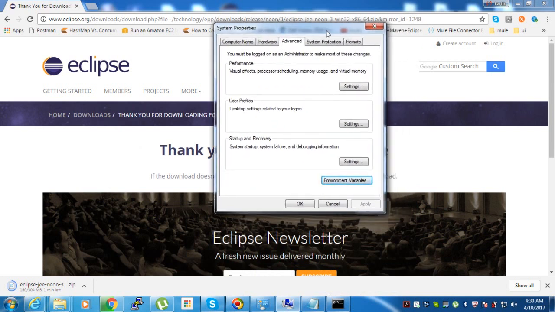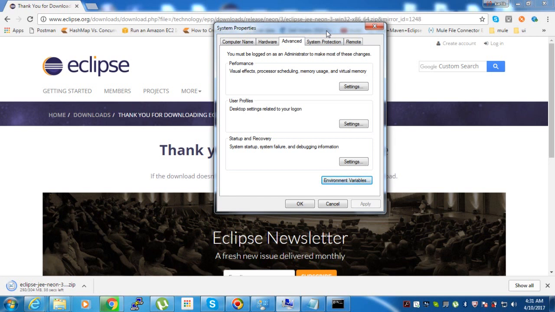And one more thing, friends: Eclipse is an IDE which is most popular in the Java world, and it is made in the Java language only. As I told you, the prerequisite is Java installation. So when we click on the eclipse.exe file, it looks for Java in our machine, and if it is not finding Java, then it will prompt us with an error message. That's why, to show that error message, I removed the Java home directory from the environment variables.